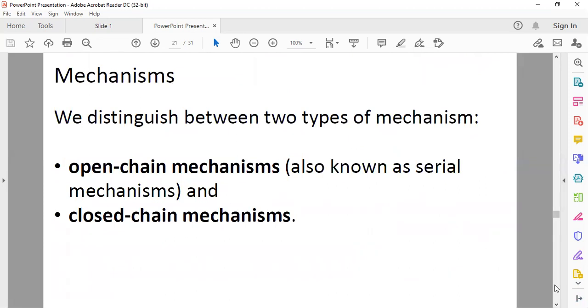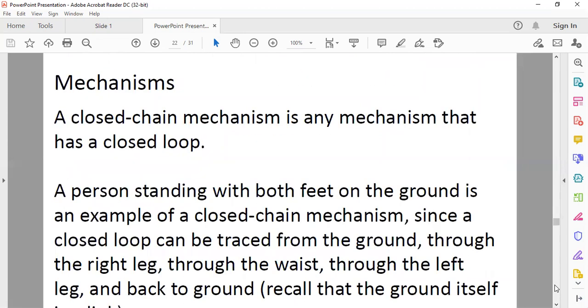So before we actually use this formula, we have to distinguish between two kinds of mechanisms: the open chain mechanism and the closed chain mechanism. So basically, the closed chain mechanism is a mechanism that has a closed loop. So when you look at it, it forms a closed loop. The example that is given on the board is the person standing with his feet on the ground,